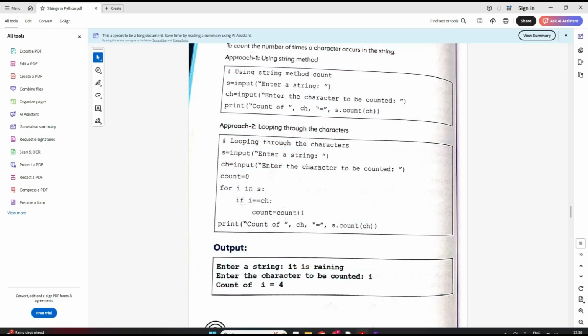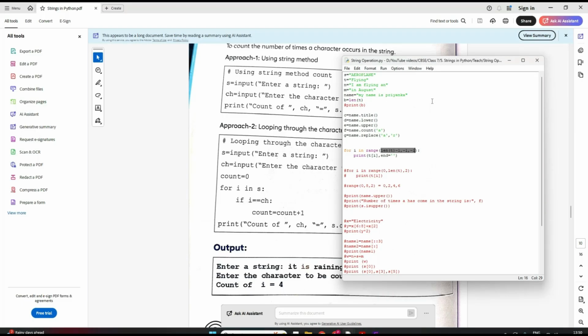Now suppose my character I entered is flying here, and I want to search maybe I, like how many times I is coming. So first I in s, so first I will be F, correct? So it will match if F and ch is my I, right? So here it will match if F is equal to I.